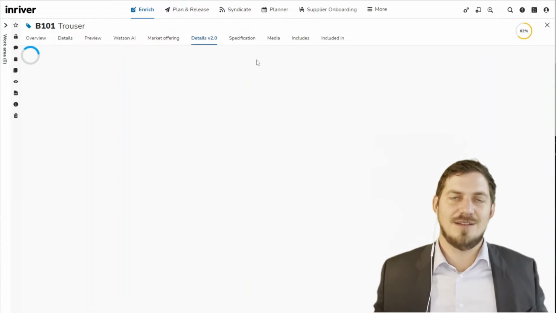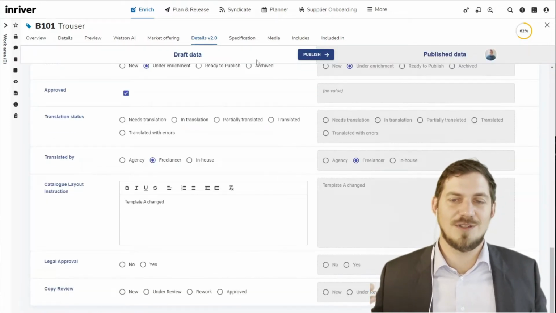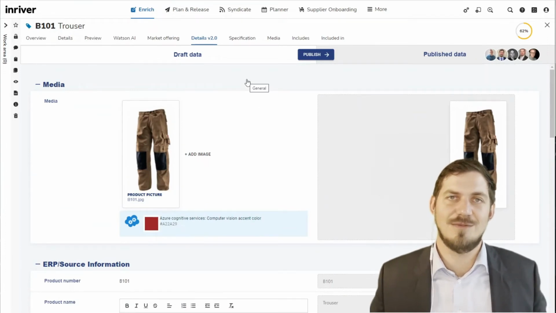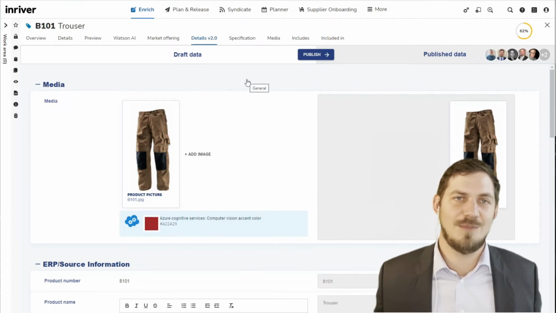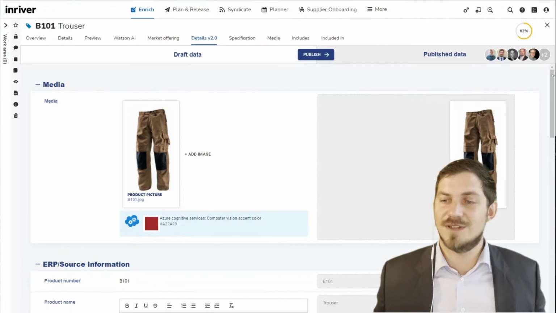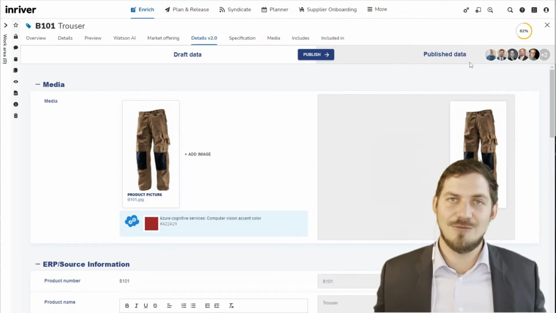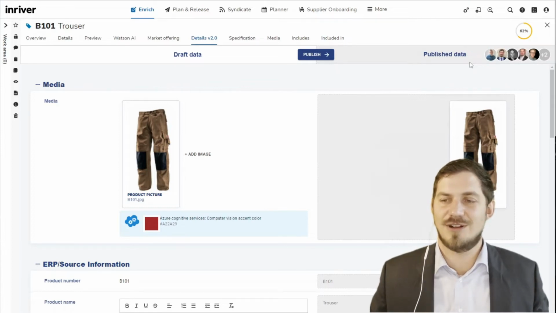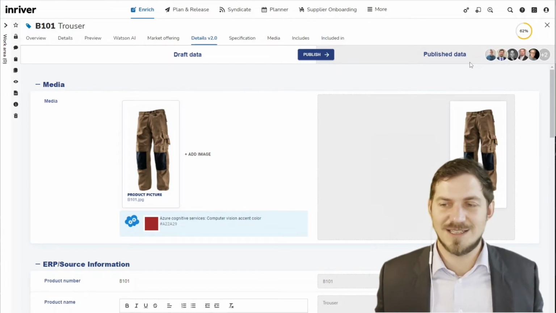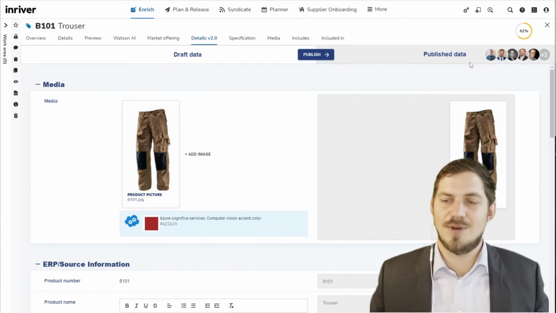As the widget opens up the trousers, we'll see the new details page, which is something we created for this hackathon to show how the details page of the Inriver PIM system could function if we extended it with this approval workflow and some different improvements. The first thing you'll notice up in the right hand corner is the other co-workers that are currently editing this product. For this hackathon submission, this is mock data, it's not really live,